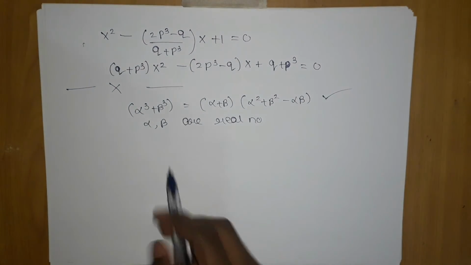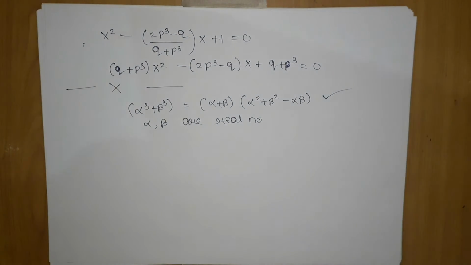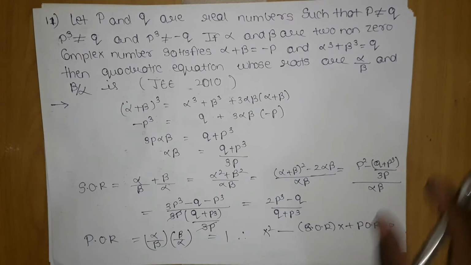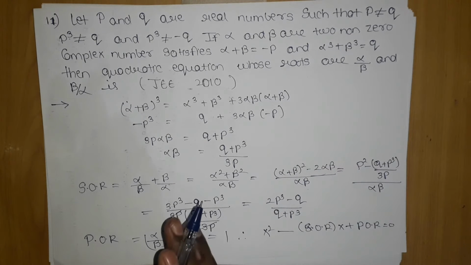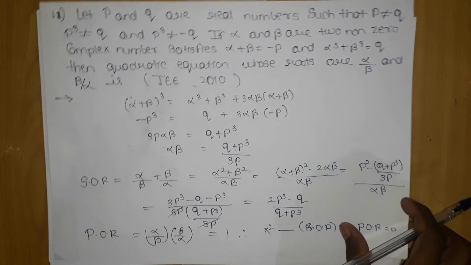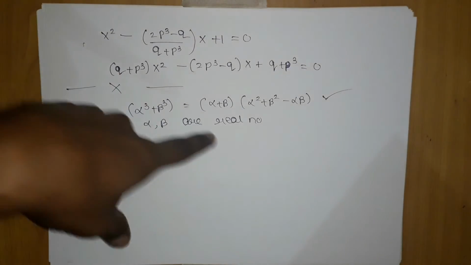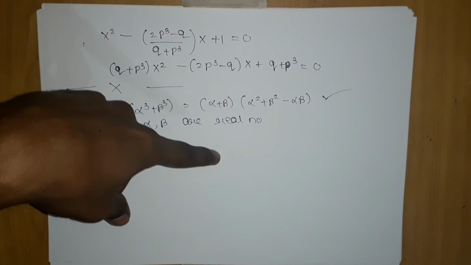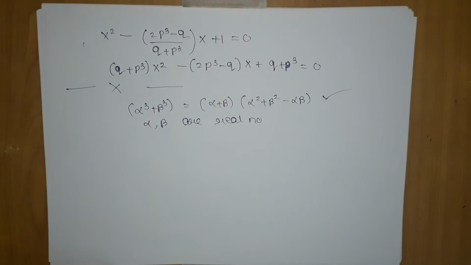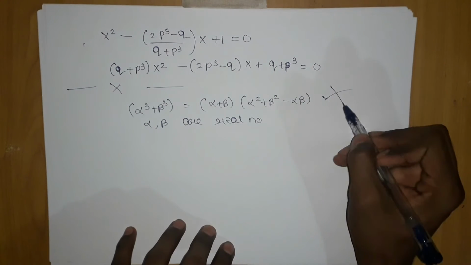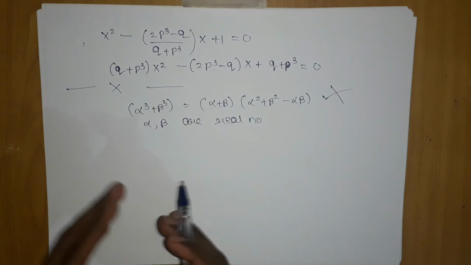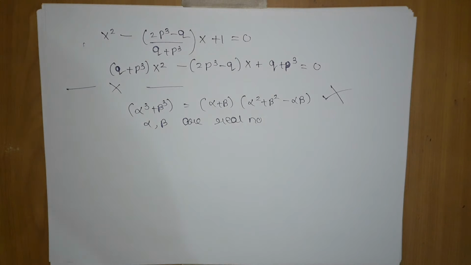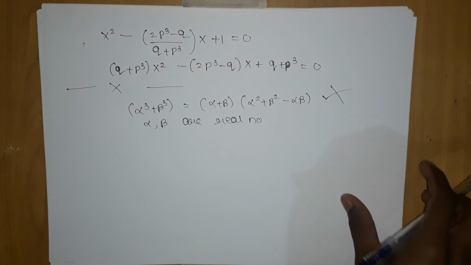That they will not teach you. This approach is wrong. Why? Because alpha beta should be real numbers. And if you see the question clearly, they have mentioned that alpha beta are non-zero complex numbers. So complex numbers do not satisfy the condition that alpha comma beta are real numbers. So this method is wrong. Although this process of thinking is right, it fails due to the condition of the formula, which we ignore. We just learn the formula. Okay, so we are done with this question.